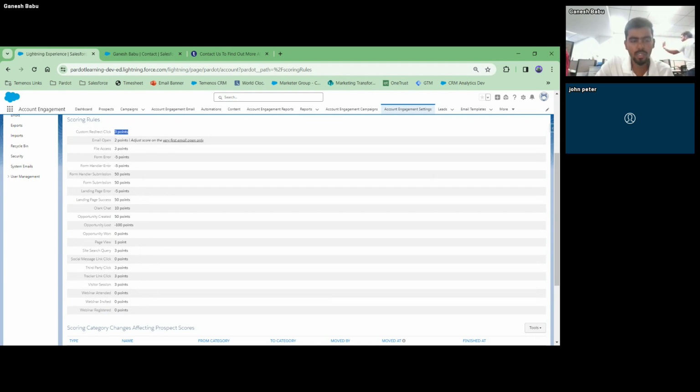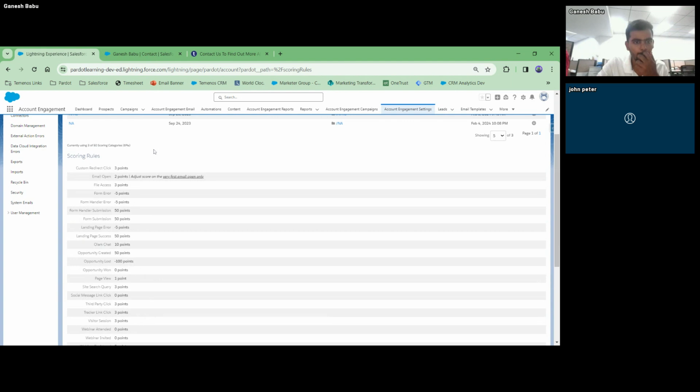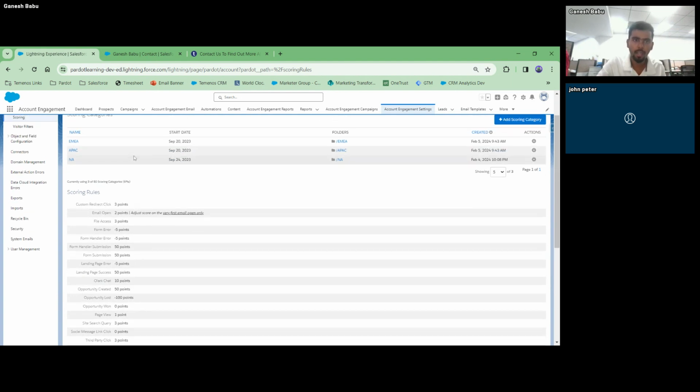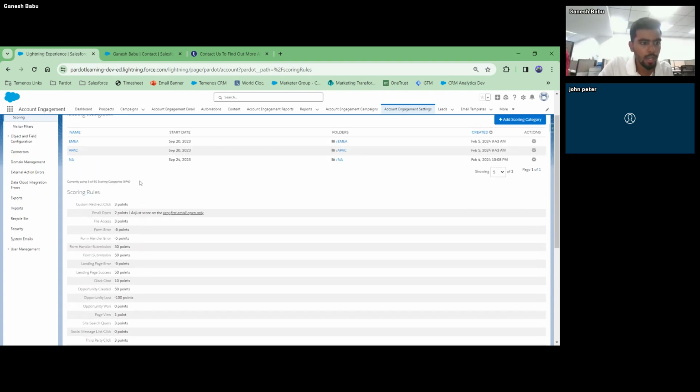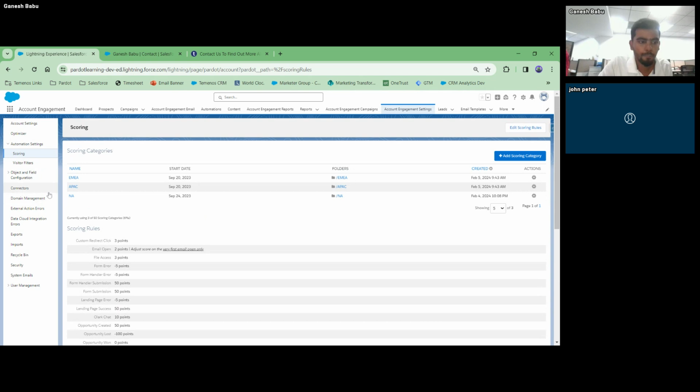This is the default scoring model, and whatever you apply in the completion action is on top of it. Let's say, for example, I'm getting a prospect now. In the form, I've given adjust the score plus 50 when the submission happens, but right here I already have plus 50. So the 50 will be added up, so the prospect will have a score of 100. Okay, and yeah, that's mostly it.